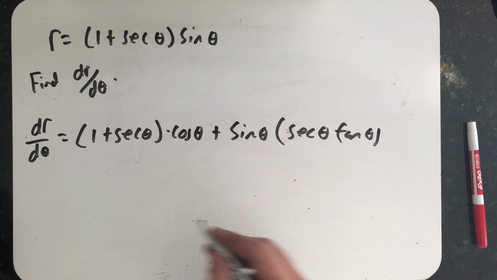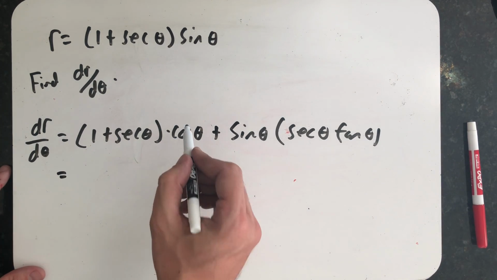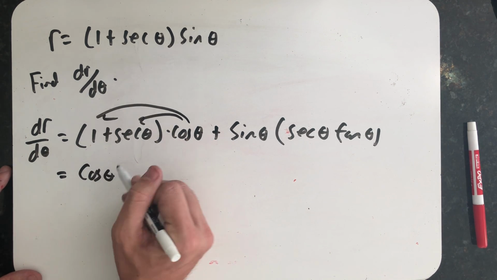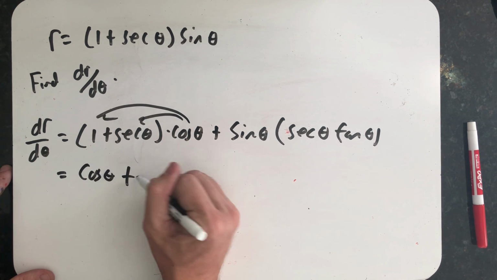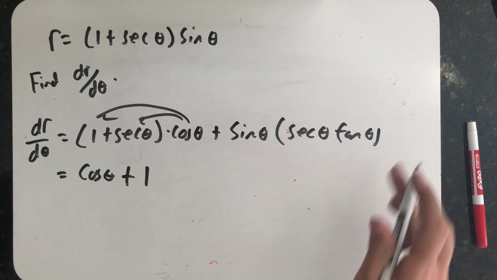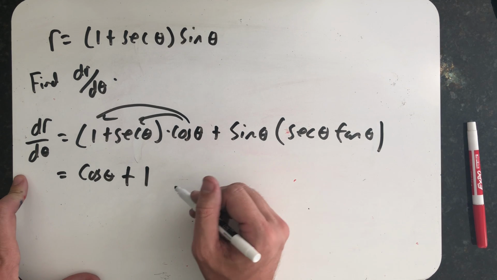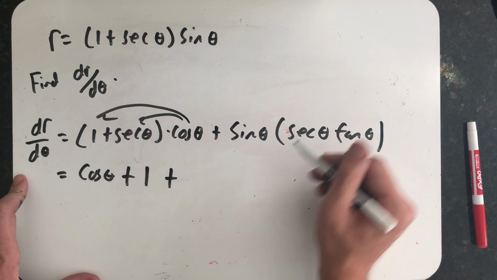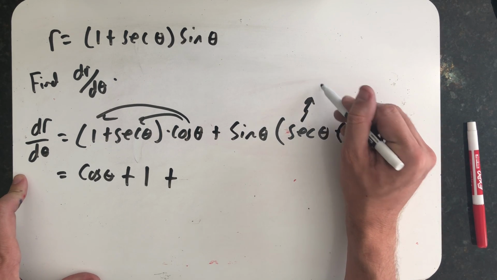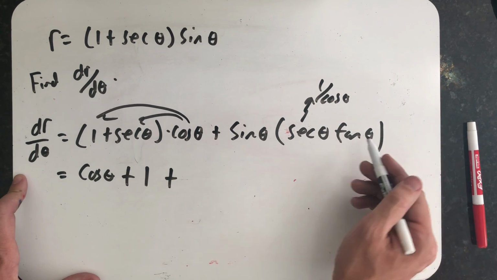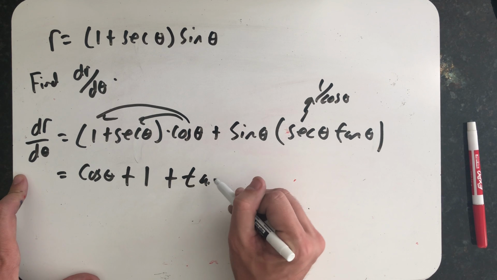And so now I'm looking at this expression, and let's see if I can simplify it. When I distribute, this is just cosine θ. Secant θ and cosine are reciprocal, so that's cosine of θ plus 1. And here I just need to multiply these two together. Well, sine times secant. Well, secant's 1 over cosine, so that's sine over cosine, which is tangent, times tangent is tangent